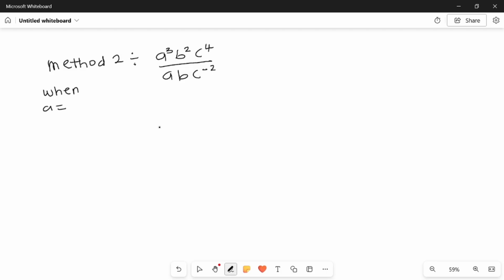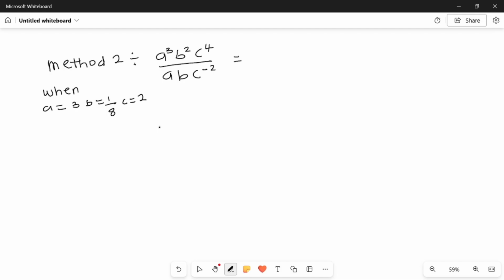When A equals to 3, B equals to 1 over 8, and C equals to 2. So using the second method, we can simply apply our knowledge of the laws of indices and write that